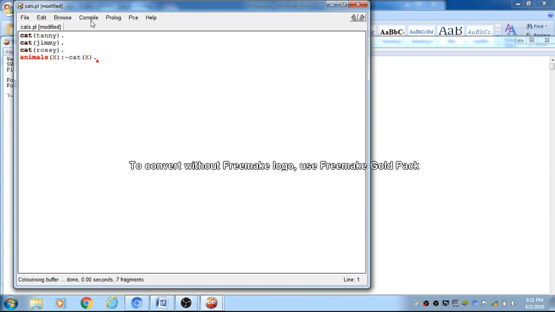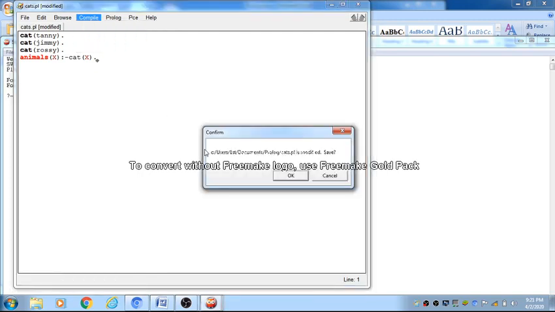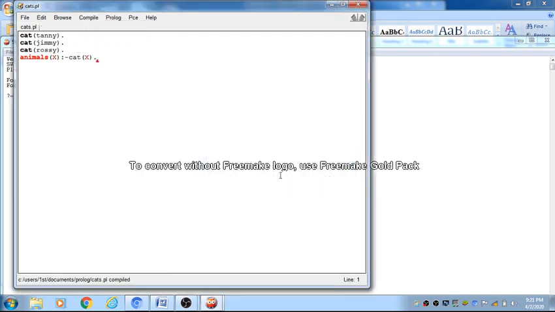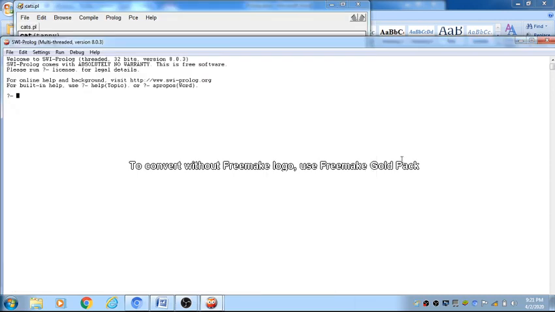After that, I will compile the buffer. Then in the query window, you can query about cat(tanny), and the resultant value will be true.